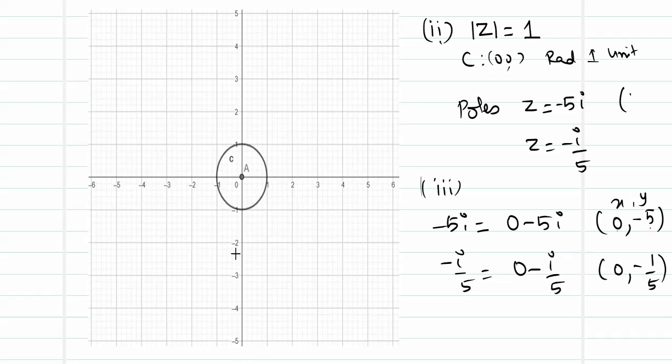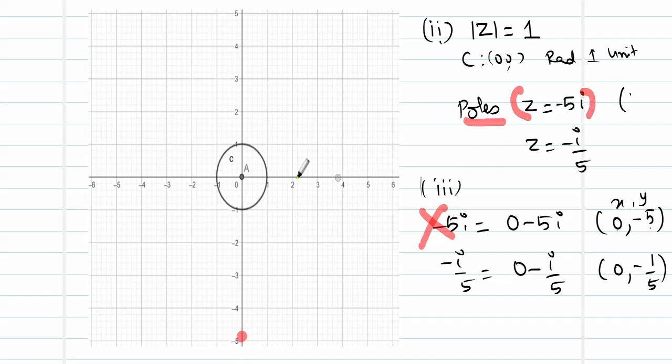0, minus 5 on the y-axis. Where is it going to be, minus 5? It's over here. Do you think that lies inside the boundary? No, it lies outside the boundary. So this pole, which is going to be 0 comma minus 5, or z is equal to minus 5i, lies